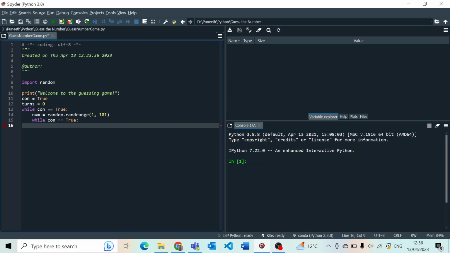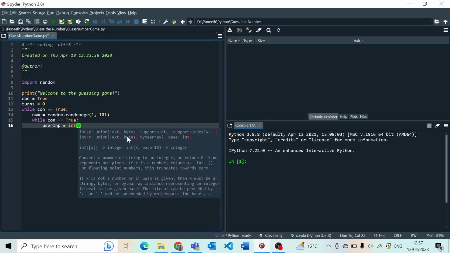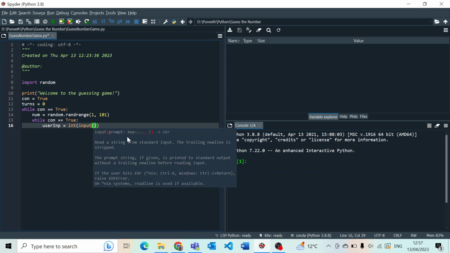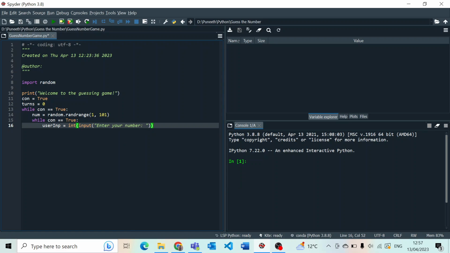Now inside we just take the user's input, which we're going to call user int, and we need the integer version of the input. So input of enter your number, and now